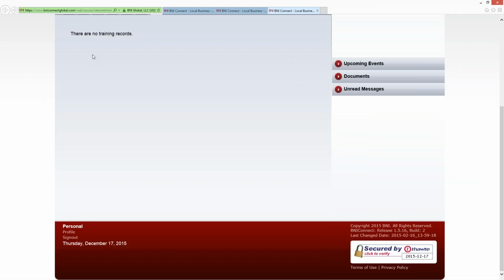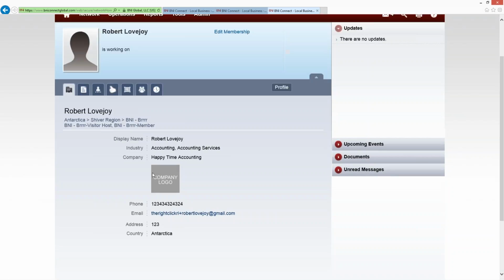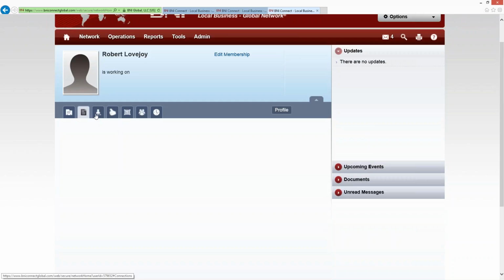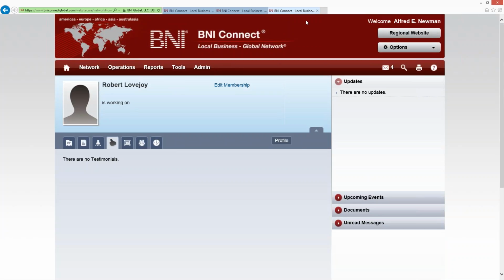The training details brings me to Robert's record. I can see that he doesn't have any training records, but I can also go through and look at the rest of his profile as well. I can see if he's actually filled out his profile, if he's participating in any of this. I can see his connections. I can see his testimonials, all of those types of things, and make a decision as to whether he's participating